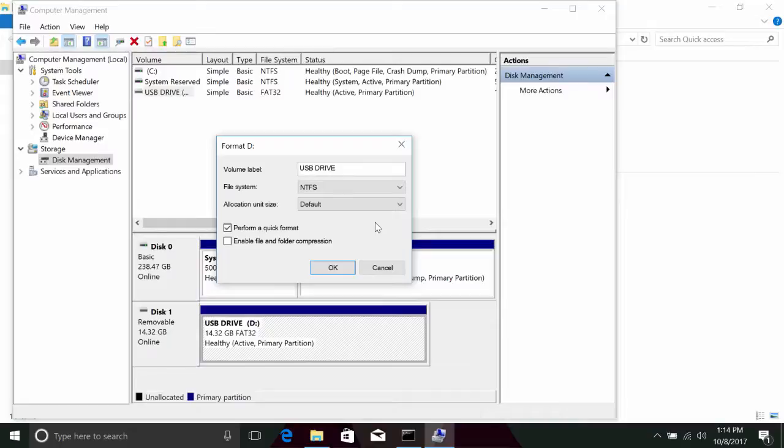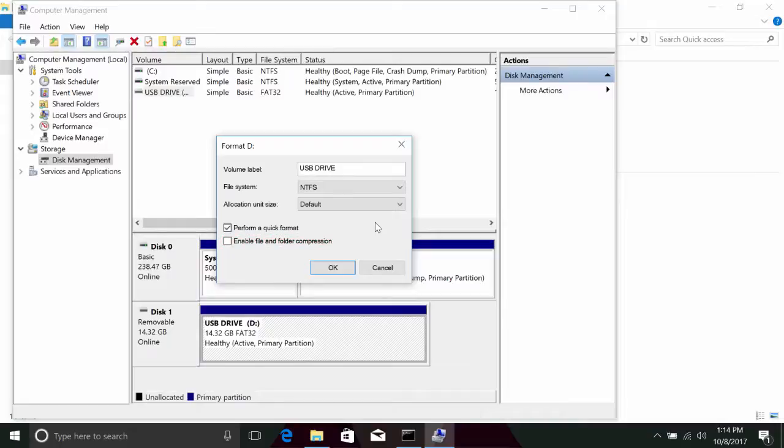The last option on the format screen is whether or not to enable file or folder compression. The decision to enable or disable compression comes with a trade-off. If you enable compression, your files and folders will take up less space on the disk, but compressed files will need to be expanded when you open them, which means the computer's processor will need to do some extra work. We aren't particularly concerned with squeezing out every last bit of disk space, so we'll leave this box unchecked.